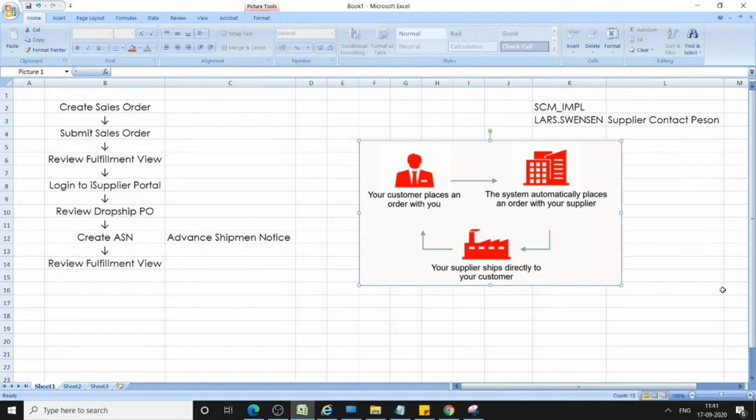When an order is placed, and if you have done some setups in the system, let's say you have created an approved supplier list for that particular item, created a sourcing rule and assigned that sourcing rule to a sourcing rule assignment set, and already created a blanket purchase agreement for this item, then the system automatically places an order with your supplier. Creation of a blanket purchase agreement is not mandatory.